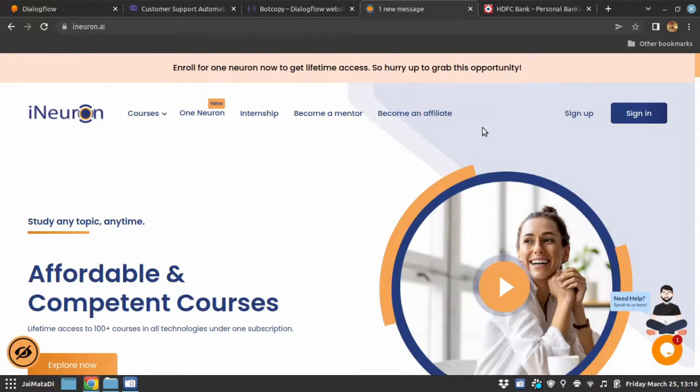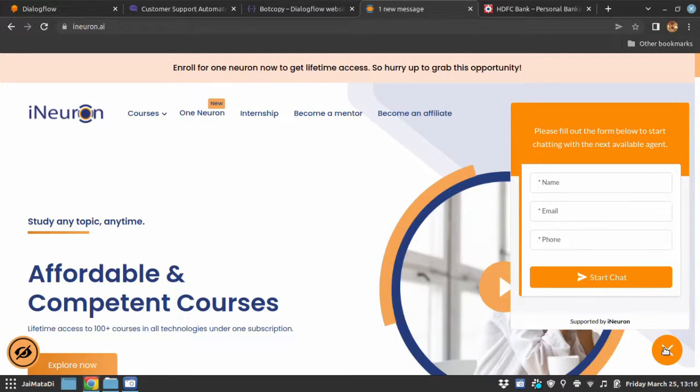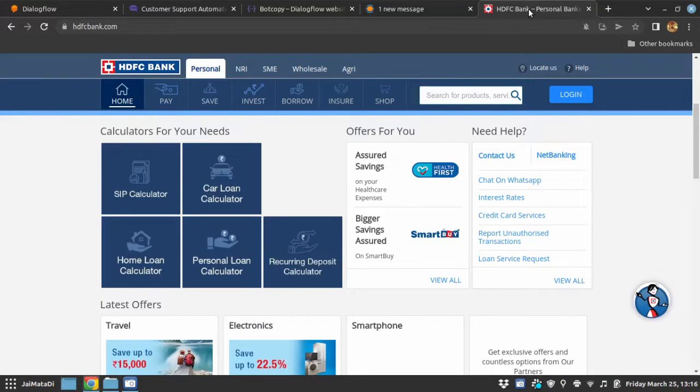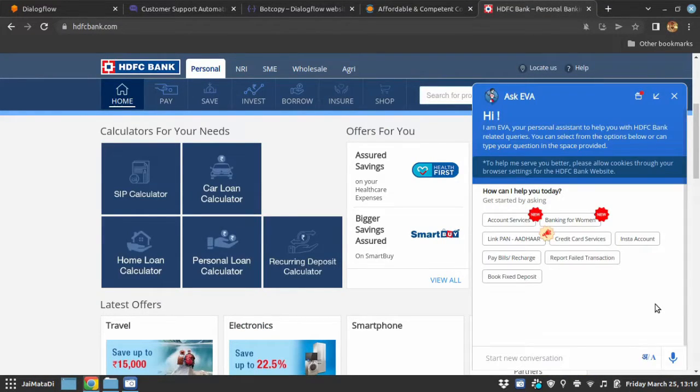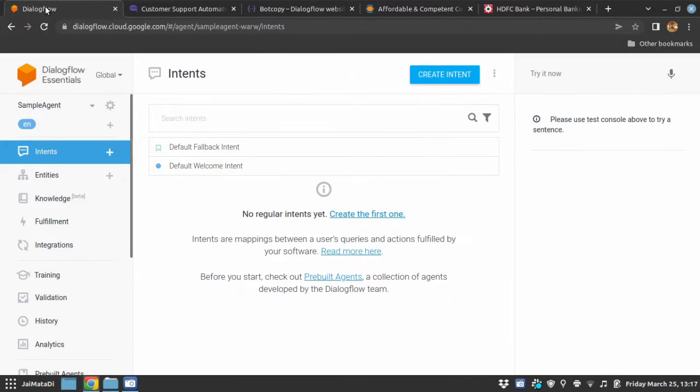If you visit any website nowadays, you see there is a chatbot. There is a small pop-up window on the down right corner of the page, and when you click on it, you can start interacting with the chatbot. If I go to even HDFC Bank's website, there is a small chatbot. So chatbots are everywhere. But connecting your existing chatbot to a website is a complex task because it involves first